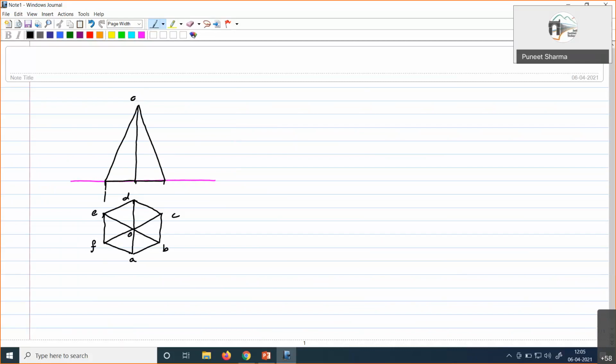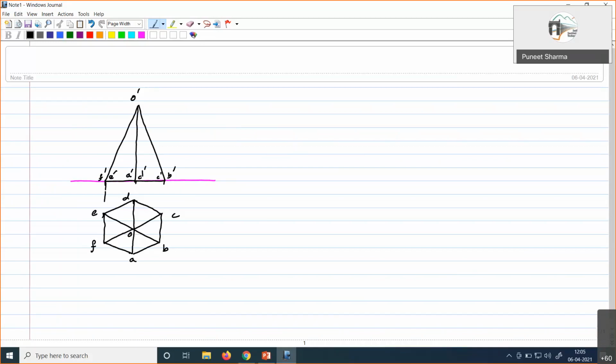Right. So we have it like this. Here you have A dash, D dash. Here you have C dash and B dash. And here you have E dash and F dash. Yeah, so now you see the front view and top view for the hexagonal pyramid like this, what we observe.